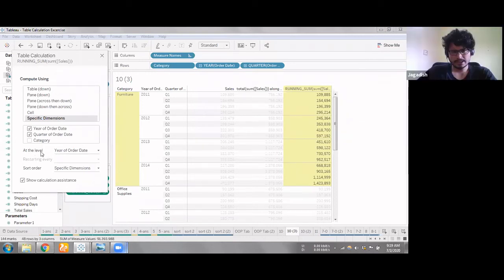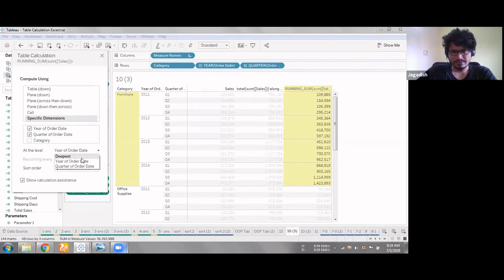Because we fixed the level of calculation only till year. We are not allowing the calculation to go up until this column. So what it's taking is, I have 2011 as 4 rows, and it's just calculating for each and every row.